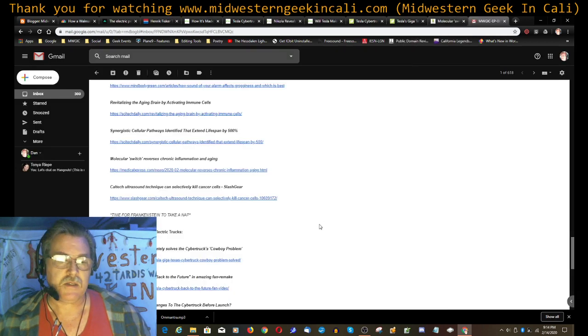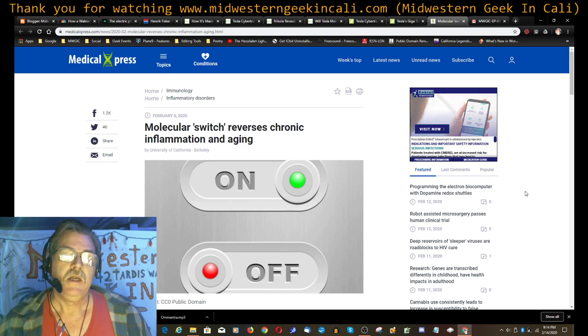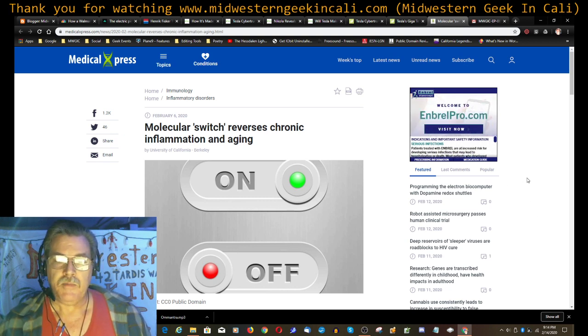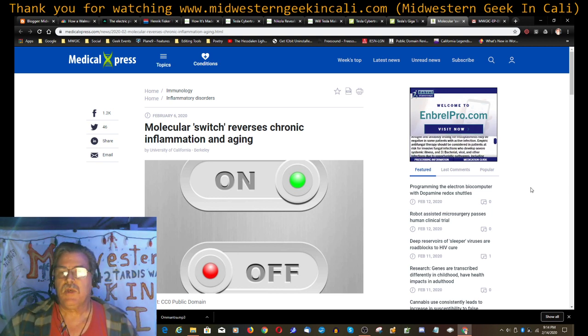Now, let's see if I did, yeah, molecular switch reverses chronic inflammation and aging. Yeah, I got ahead of myself. That's going to happen with a big episode like this. And basically, this one they're talking about switching genes on and off, and making cells act like they're younger again, and stopping chronic inflammation, which this along with the one on blood, I think they're kind of along the same path, more or less.